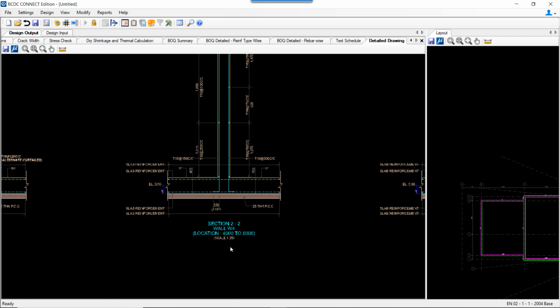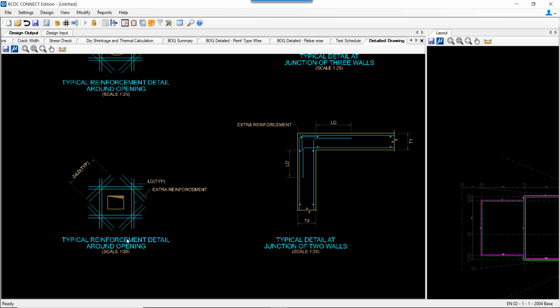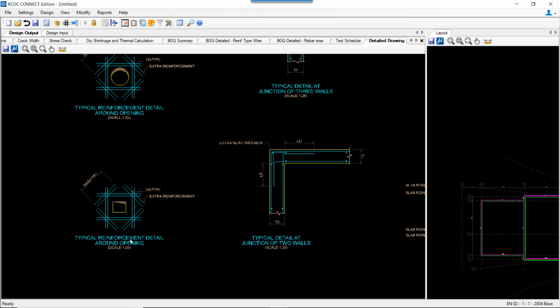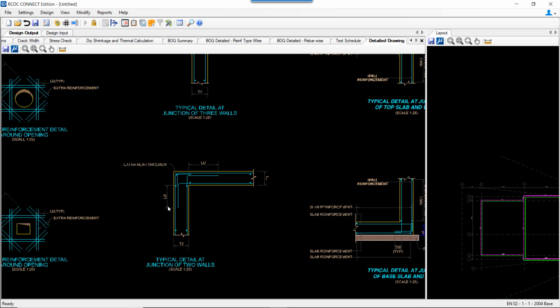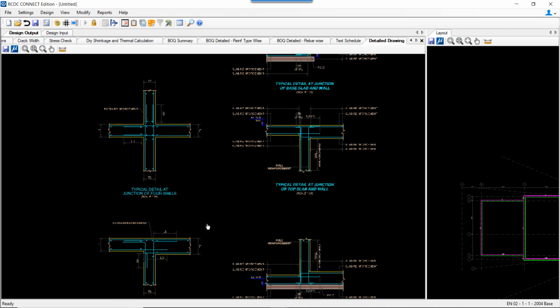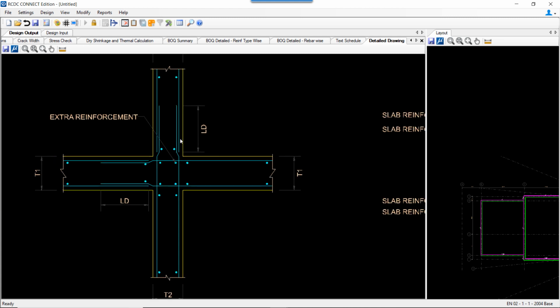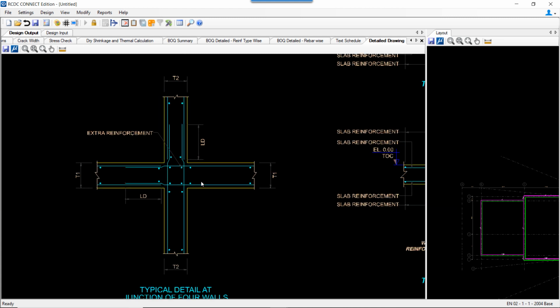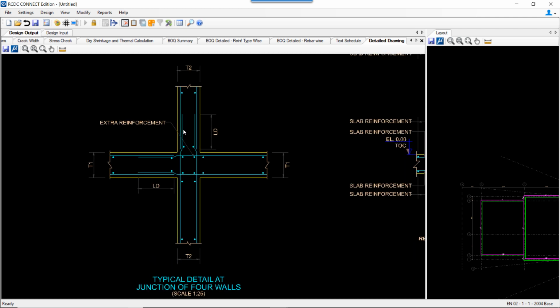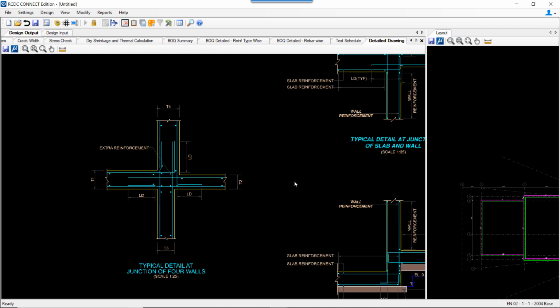Similarly, we have the wall section 2, and over here, as we have selected to see the standard detail for cutout or the wall junction, the details are provided here. So whatever junction of the wall we have, like we have a plus shape, 4 walls plugging in as a plus shape, we can see the detail over here.